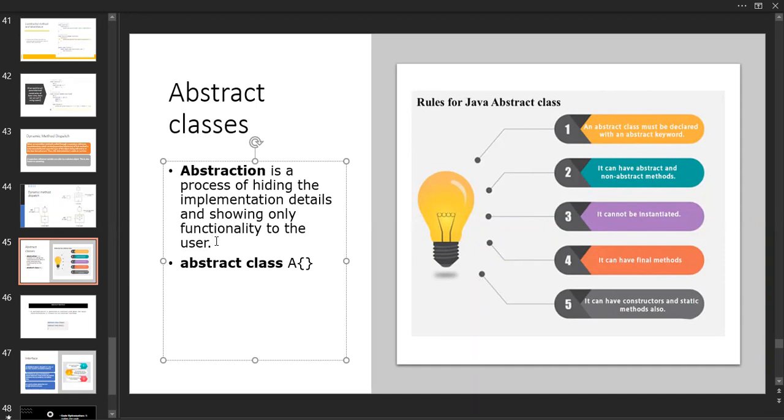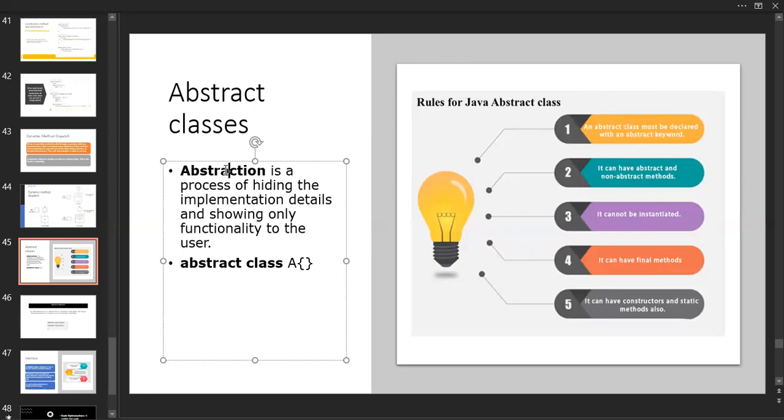What you will see in the sense of message sending. Okay, think like in your mobile application, there is WhatsApp. There is only a text box for sending a message and there is a button. Can you see the program, what he wrote? You can't see that. This is called abstraction. Only the functionality you are seeing over there. There is a text box, and inside the text box you type the information that you want to send to the particular person. And there is a button. By clicking that, this message will be sent to that particular person. But are you seeing the code? No, right? That we call abstraction.